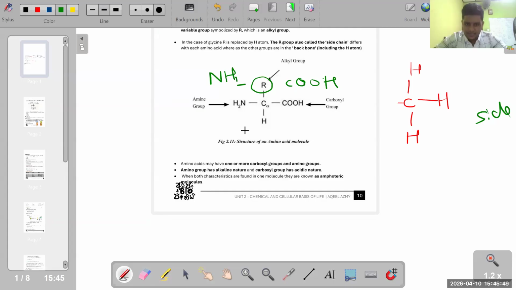Okay. Now this is an amino acid, this structure, right? This structure has an amino group and a carboxyl group. If you see, the amino group is present, and what nature does this amino group give? As the amino group is present, this amino acid gets a basic nature. Is that clear? Yes or no? Is that clear? One student has said it's clear.